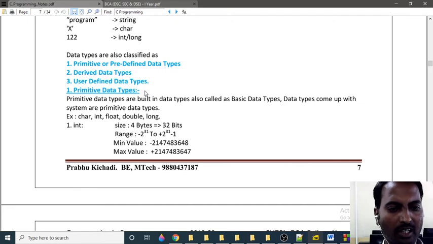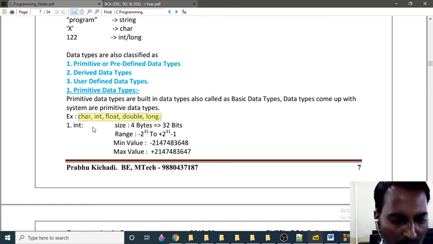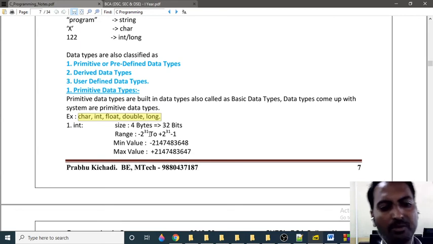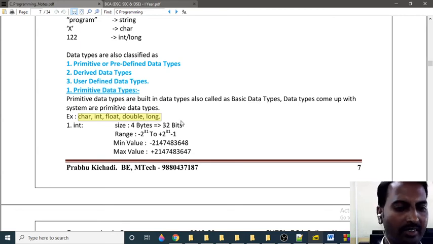These are ready-made data types available in the C library. Such data types are called predefined, primitive or built-in. Those data types come with the system. Char, int, float, double, long, these data types are already present. You don't need to create your own data type. These data types are already present inside the C library.